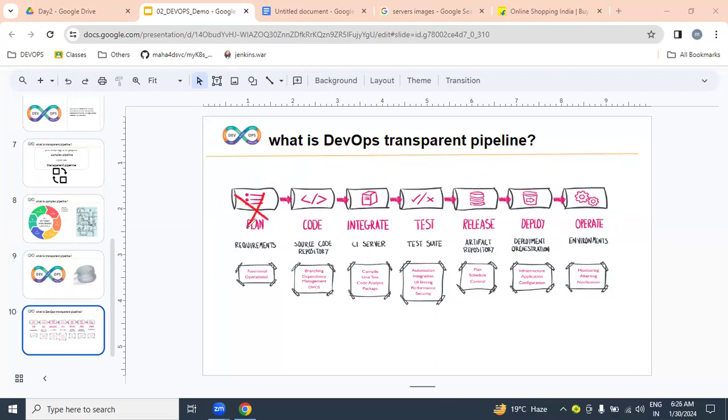But to be frank, we are not part of planning. We are not writing any code. We are not writing any test cases. We are just implementing an automated DevOps transparent pipeline.